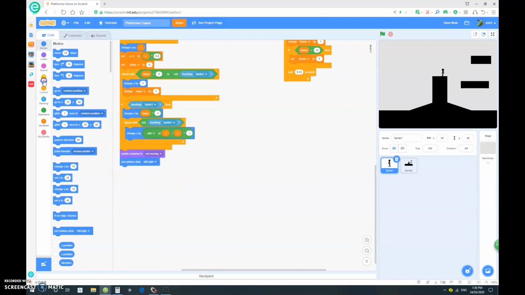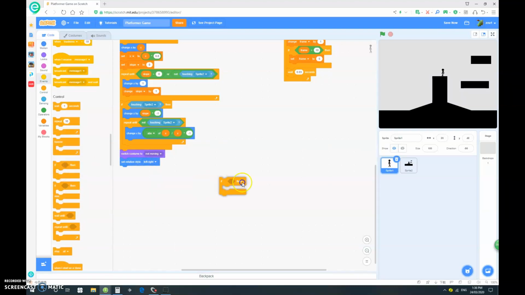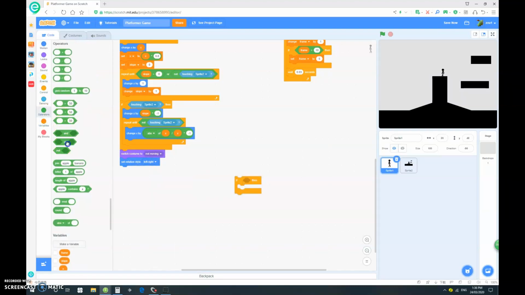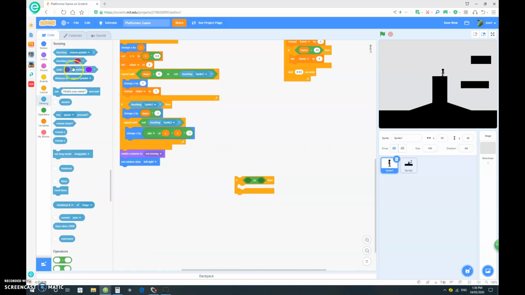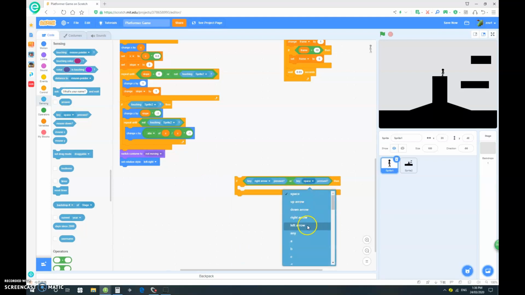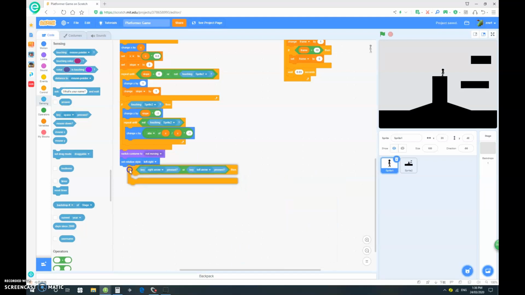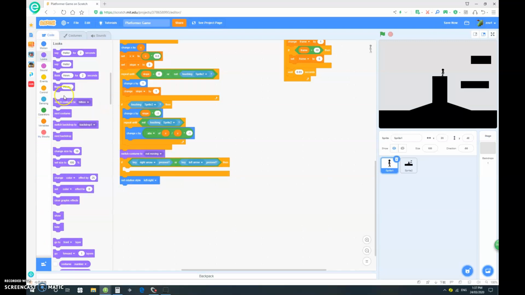Okay, so let's drag in an if and an or statement. So if key right arrow pressed or if key left arrow pressed, which means it's moving, we want it to, so let's just put this rotation style at the end. Want to switch costume to